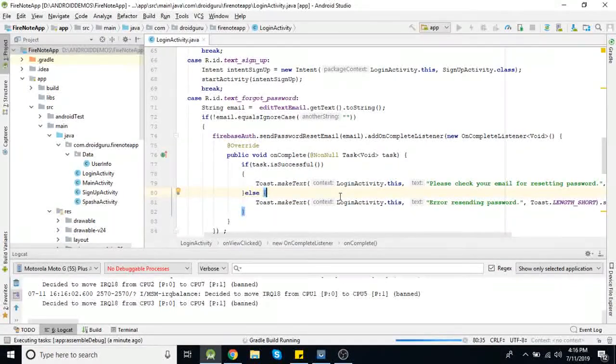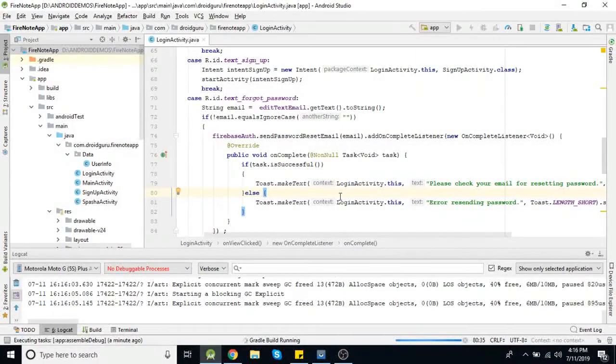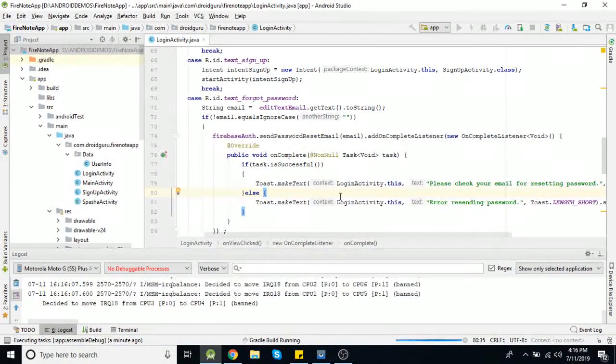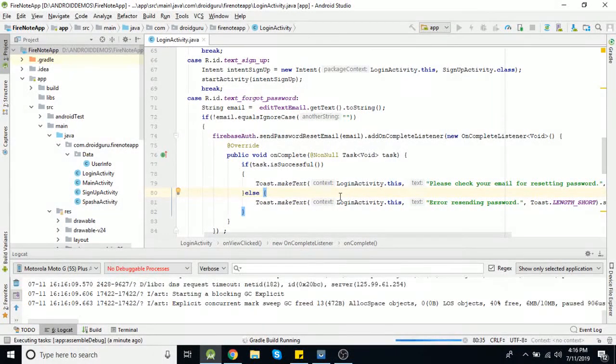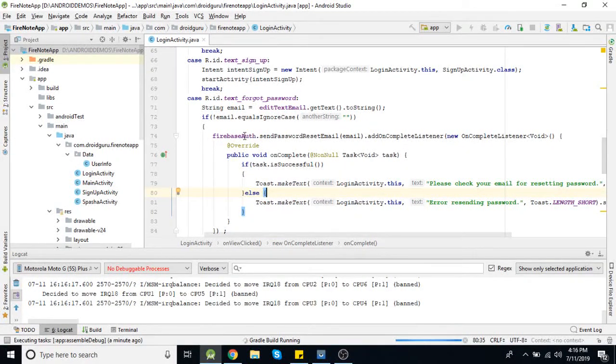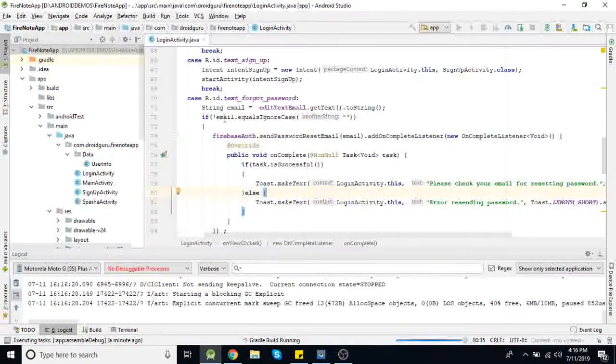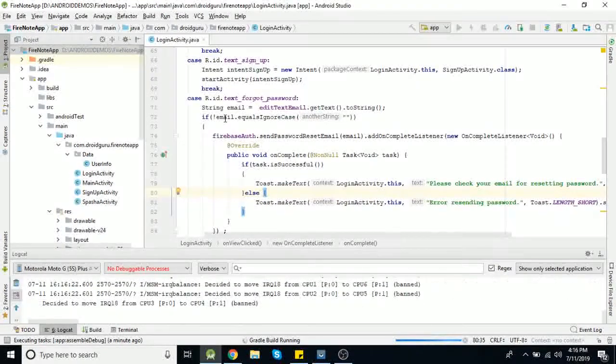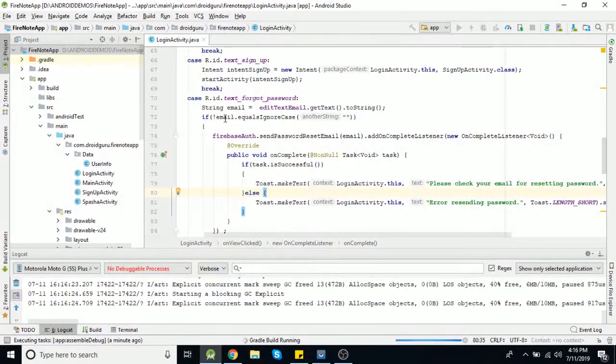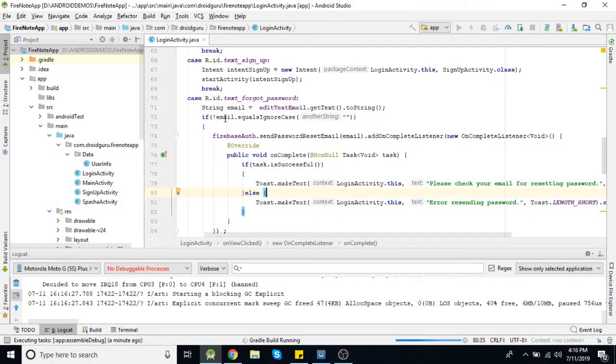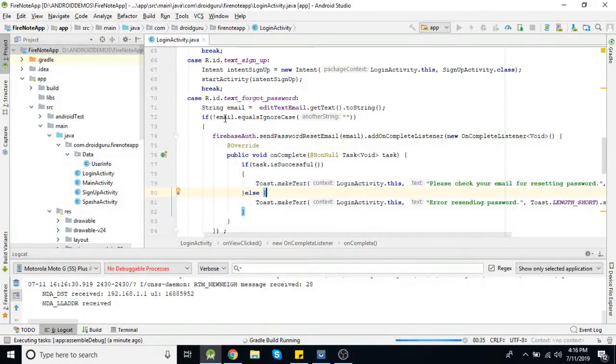After this forgot password, we'll check how we can use OTP login so that our login flow will complete, and then we can move to our next part. Here we are just checking if that email field is empty or not, but you can also add email validation that the user entered email is in correct format or not, that you can add here for validation purpose.